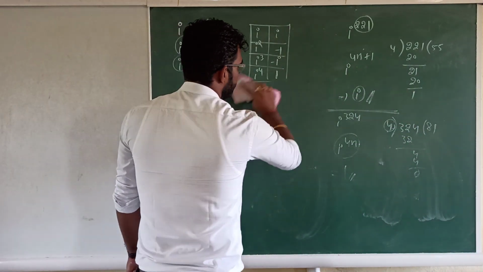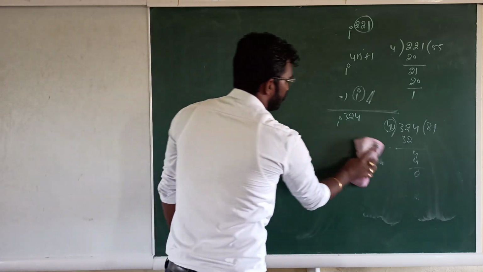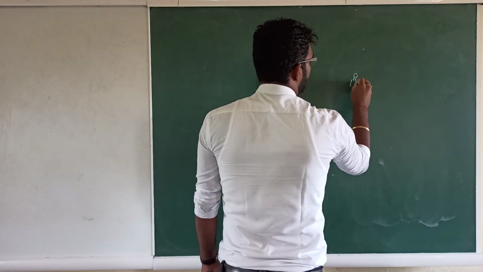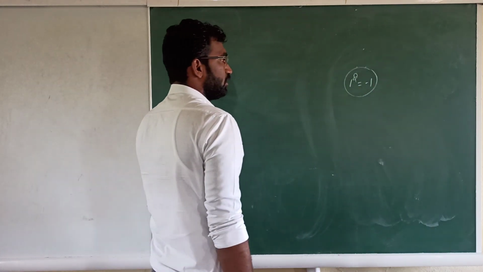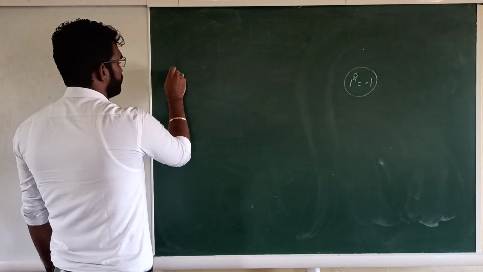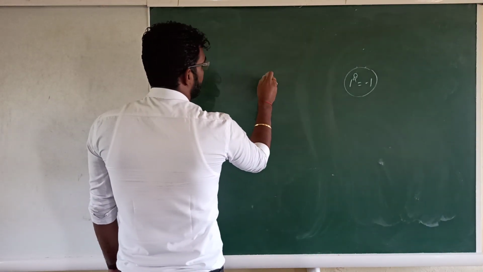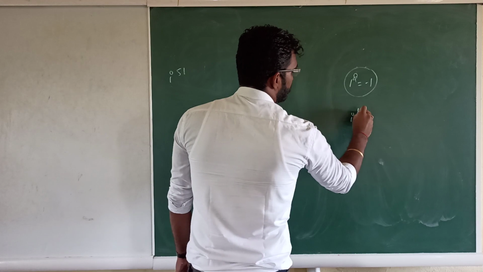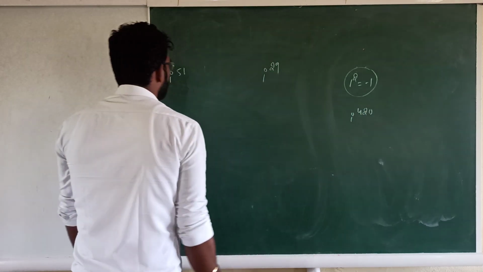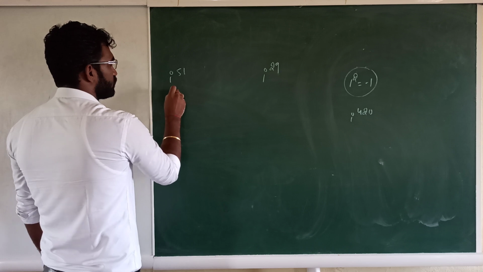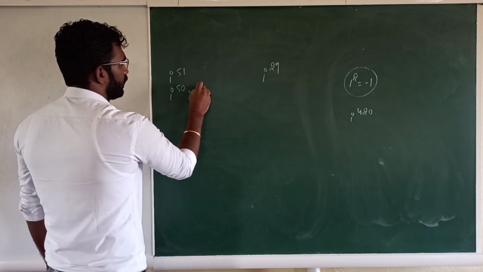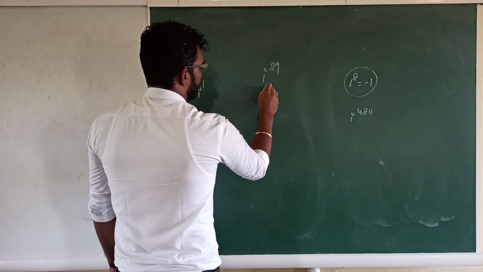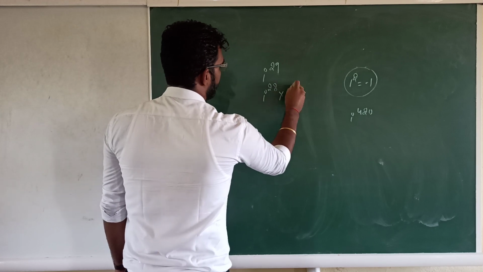Without the table also you can find the answer, but you should remember only one thing: i square is equal to what? Minus 1, you should remember. So I will find three examples: i raised to 51, i raised to 29, and i raised to 420, right? If it is an odd number, you should write it as i raised to 50 into i raised to 1, that is, even plus odd. Therefore i raised to 28 into i can be written.